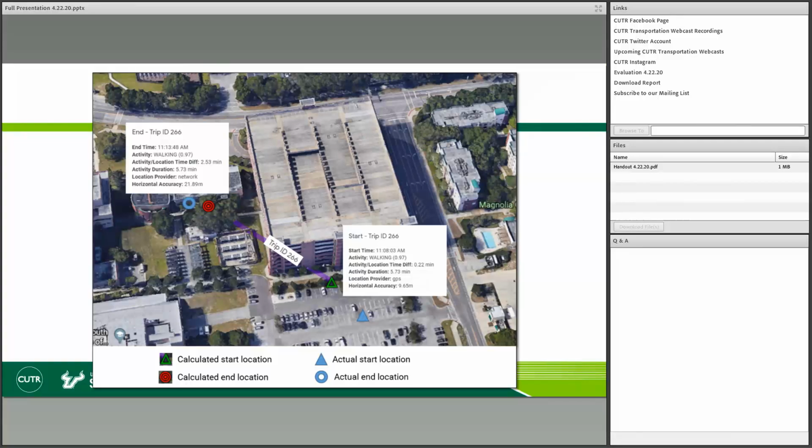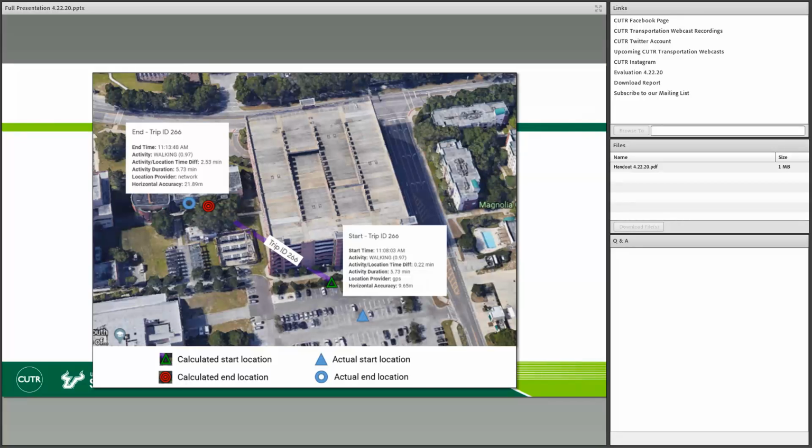We would not see the blue triangle and blue circle in the data. Those are just additional pieces of information I added to the screenshot to give you an idea of what the true start and end was for this trip.